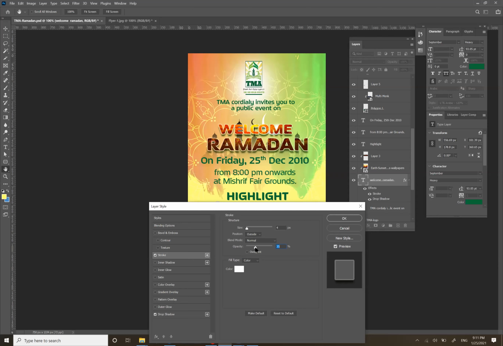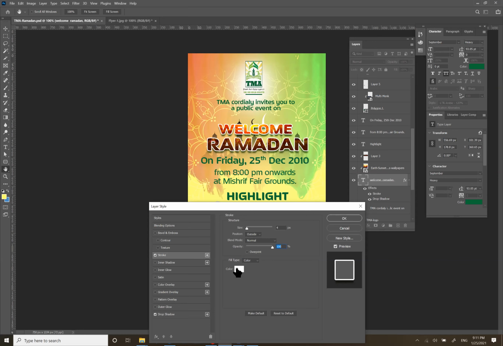So similarly, it is almost like adding water to the paint. If it is 100%, the color will look bright. If it is less, the visibility of the text, the layer will be less. So that is called opacity. Sometimes this opacity is a very handy tool.